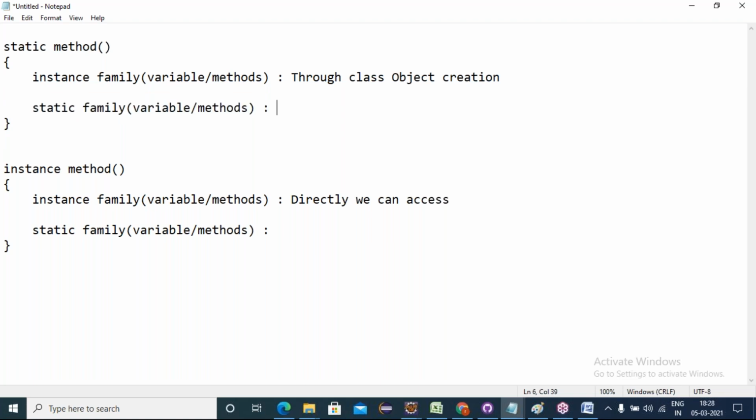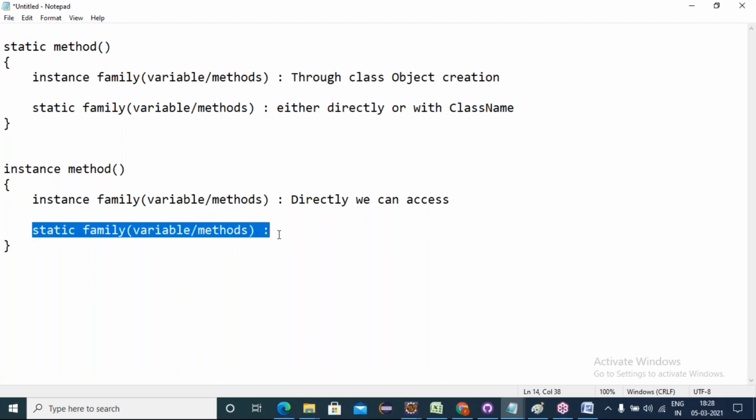Directly, or class name dot variable name. Now inside the instance method, how can I access the static family, friends? Same, either directly or class name dot.